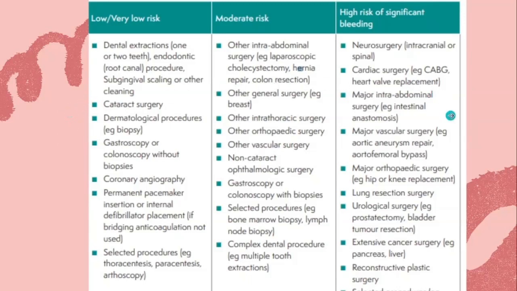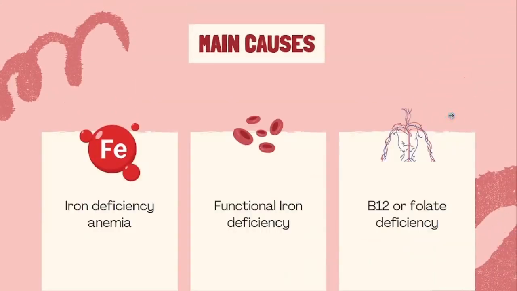So let's continue. Now we're going to be discussing the main causes of anemia in these patients, which will be iron deficiency anemia, functional iron deficiency, which can also be called anemia of chronic disease, and B12 and folate deficiency. Okay, so